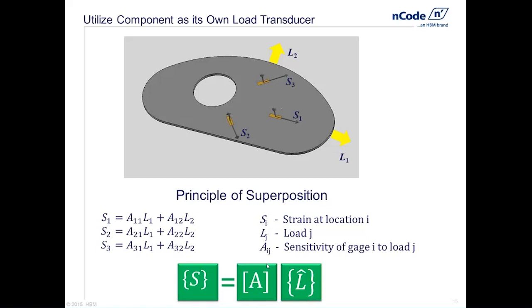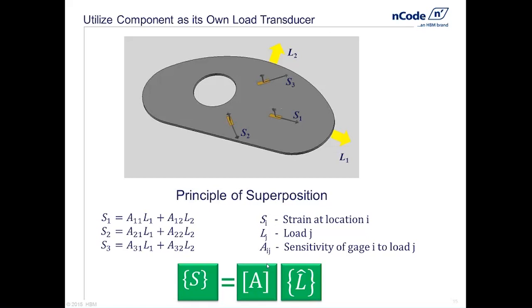That raises the question, though, of if we want to have a good way of understanding what load 1 and load 2 are, or any of the loads applied to the structure, where should those strain gauges go? At the very least, we need as many strain gauges as loads, right? So we're certainly not going to learn about the difference between load 1 and load 2 with one single strain gauge. We'll need at least 2,